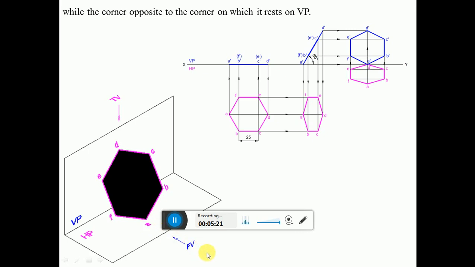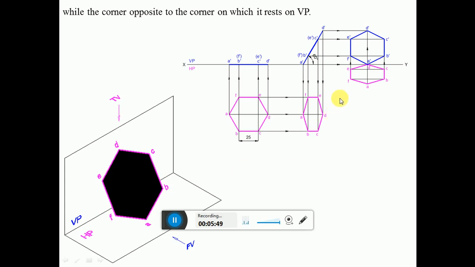If you look from the front view, how is it going to look? It will be like this. If you look from the top view, it can be seen like this. But here, for better clarity, I have not shown the front view and the top view. This is the actual position in which you will finally see it. This is in 3 dimensions. How this object is going to look has been shown here in the shaded portion.